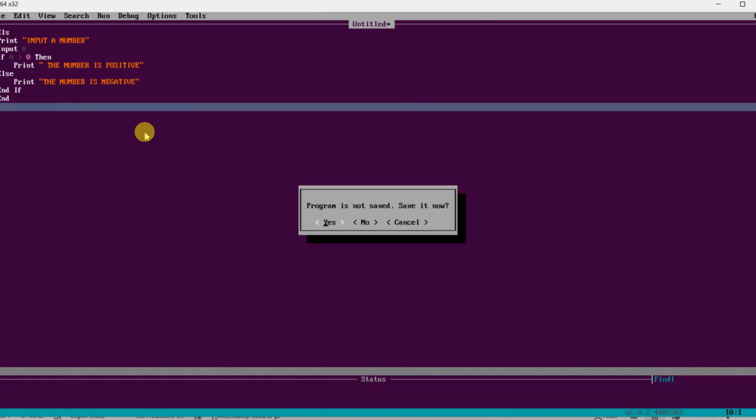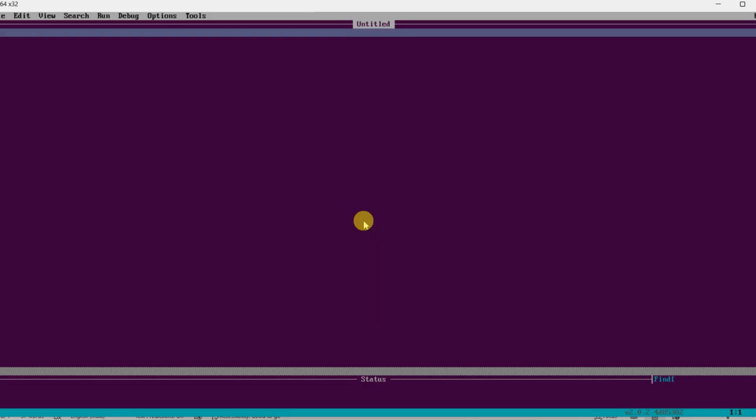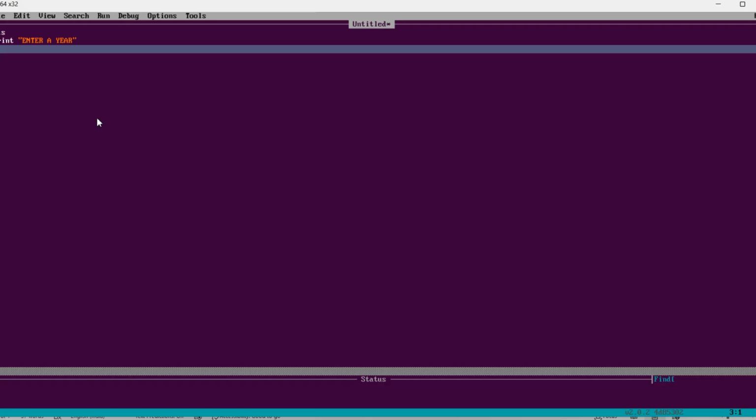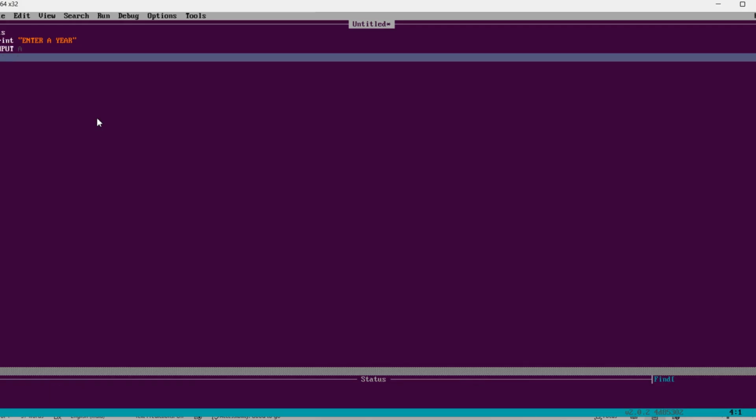Now I will take a new one, and here I will first write CLS for the second program, which is to check whether a year is a leap year or not. CLS, then PRINT "Enter a year", then INPUT A,